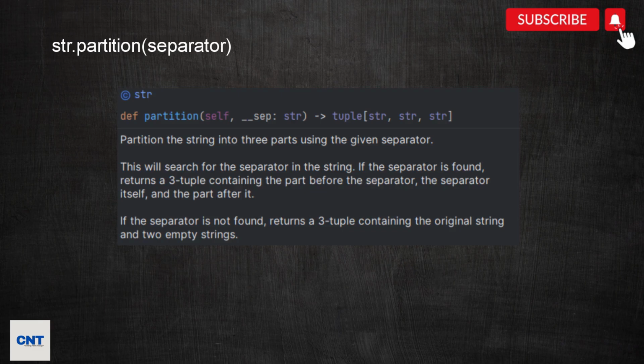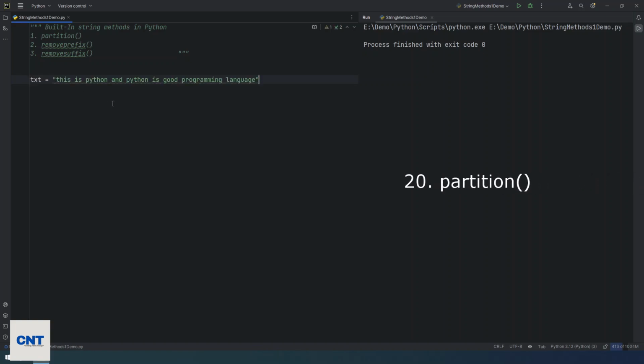The partition method splits the string at the first occurrence of the separator and returns a tuple containing the part before the separator, the separator, and the part after the separator. I have one string with me, and I'm going to create a partition on the basis of one separator. If I use the method